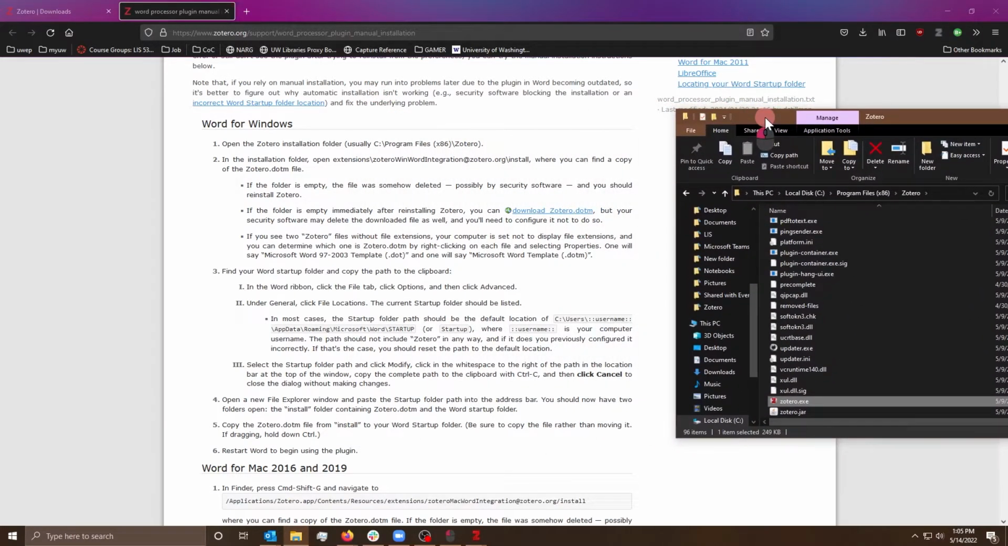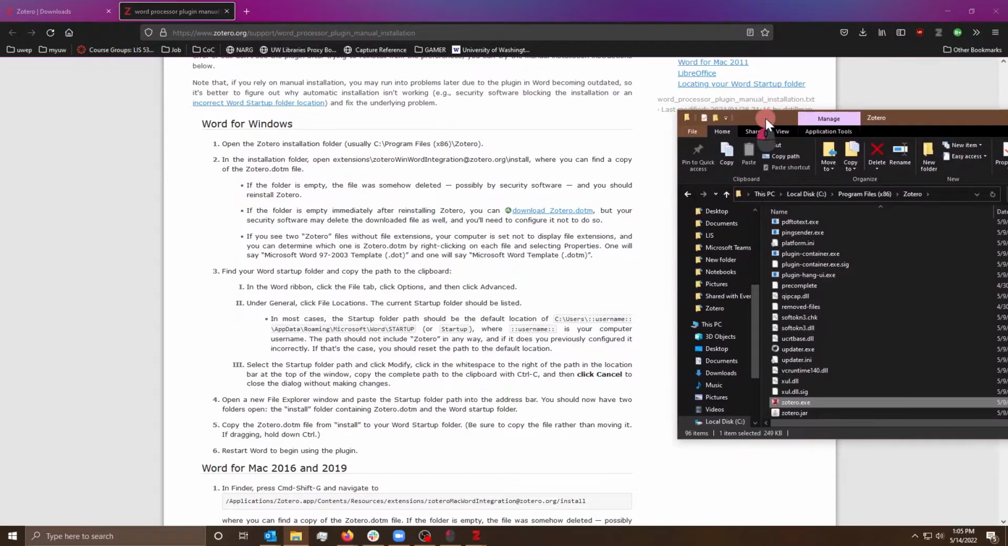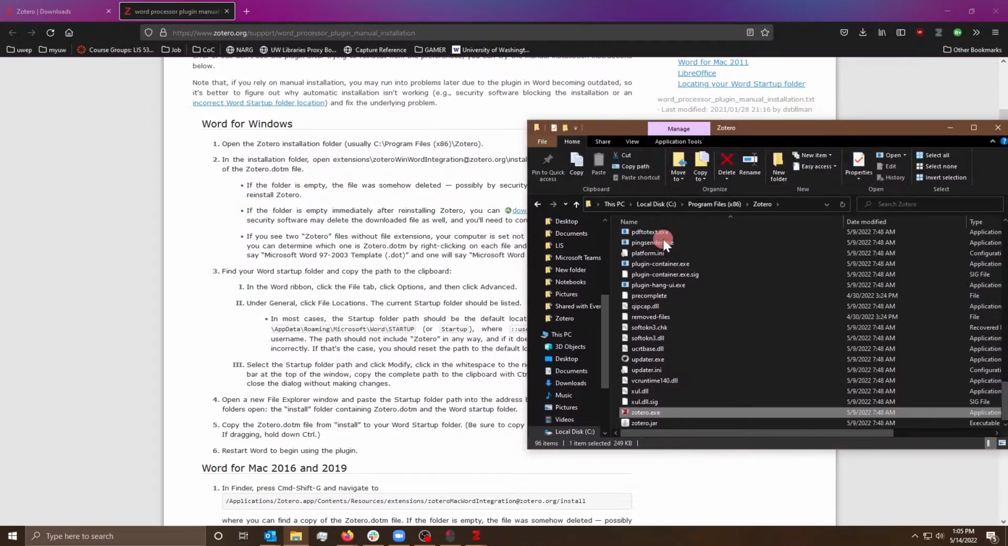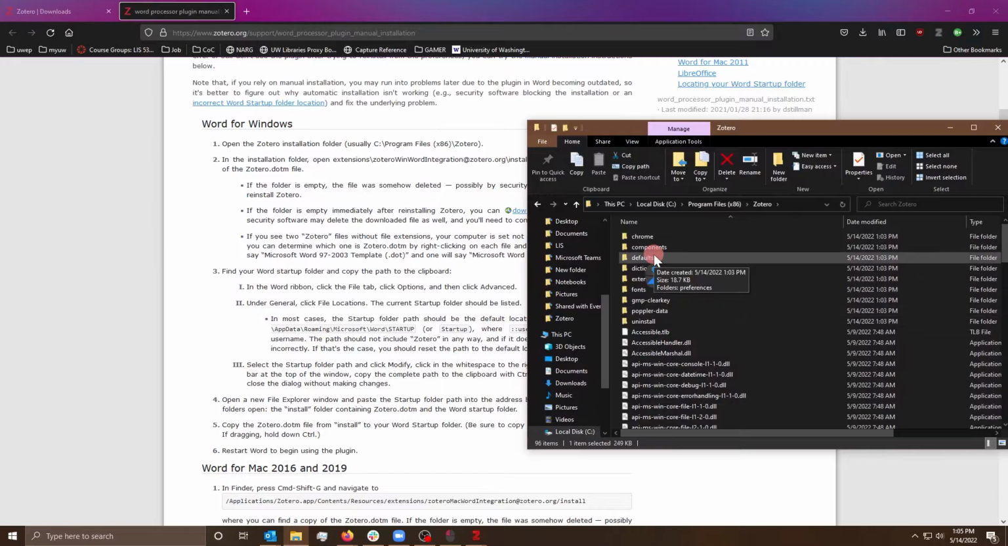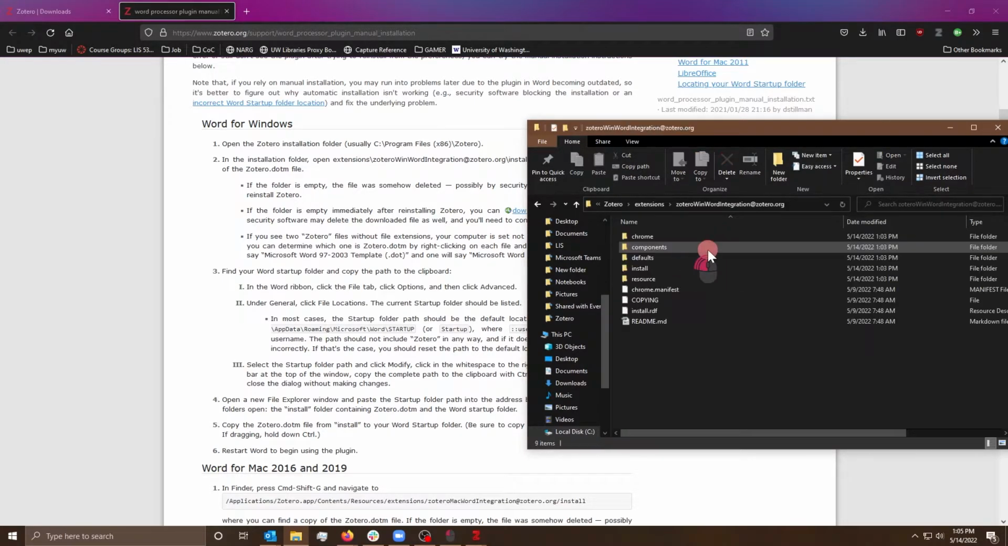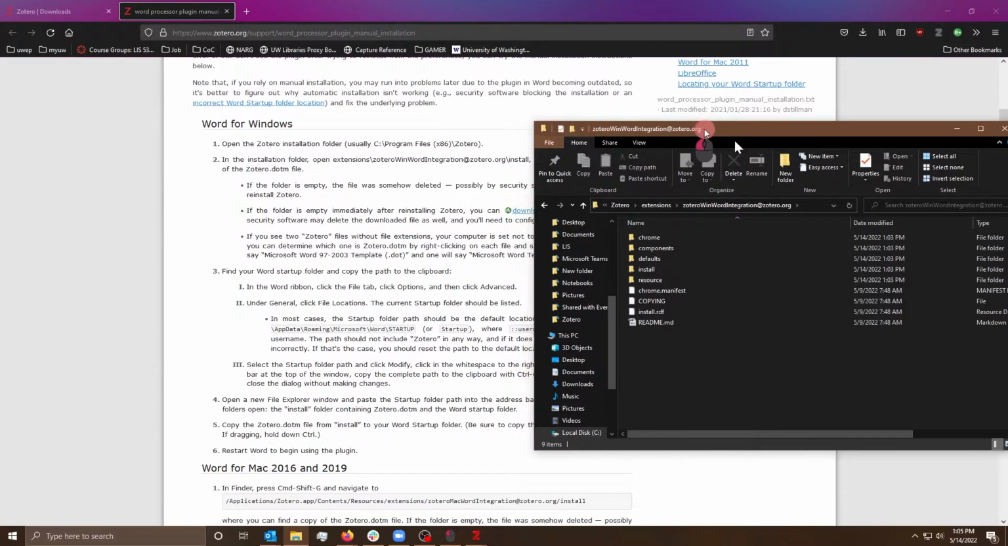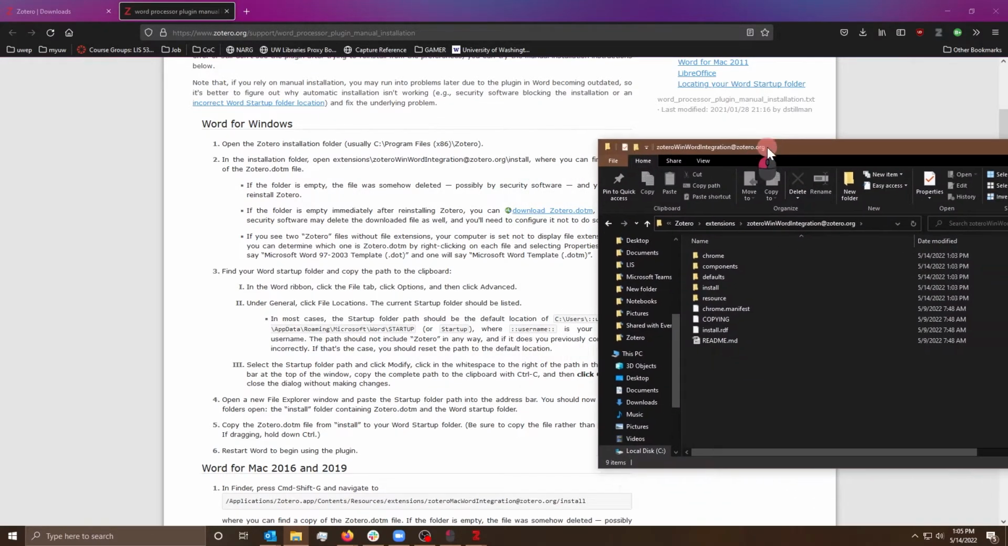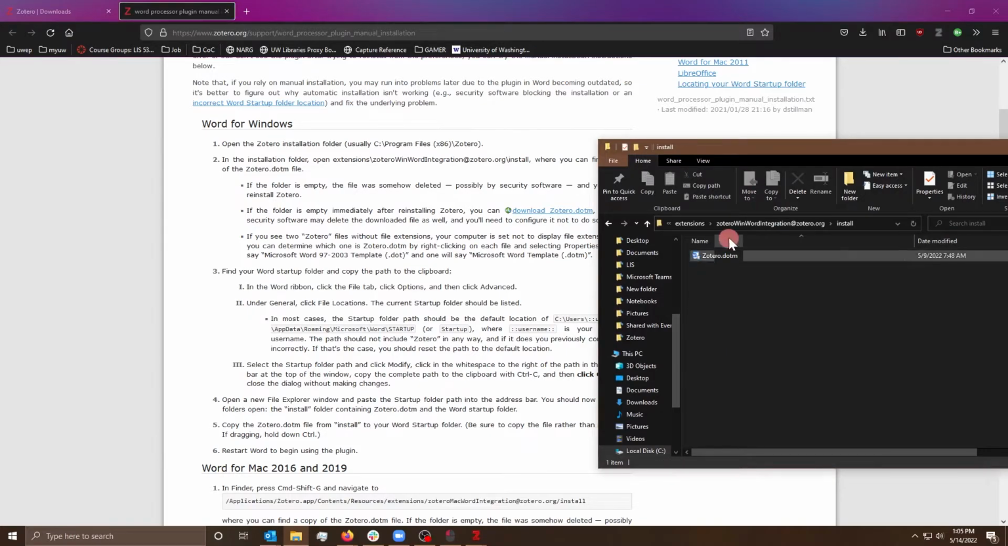you can basically see that we want to scroll up to the extensions folder, and we have the Windows Word integration right here. And basically what I'm going to do is go to this .dotm extension, and then I'm basically going to go back to Word,